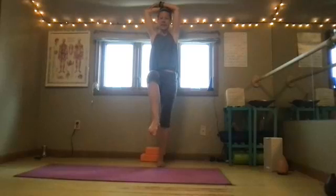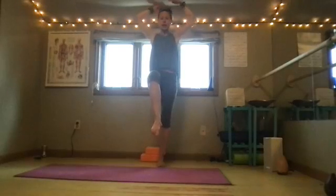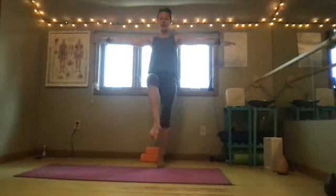One more breath in, lift up. Exhale, release those hands, take them out straight. Take another breath in, raise that knee, and exhale, you might bring it out to the side, keeping that angle, or you certainly could bring that leg down. You might hold on to it with your hand. So creating this counterbalance here